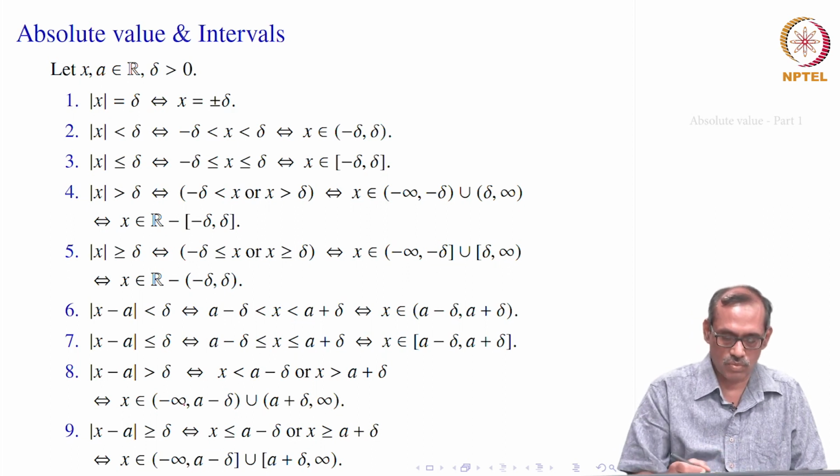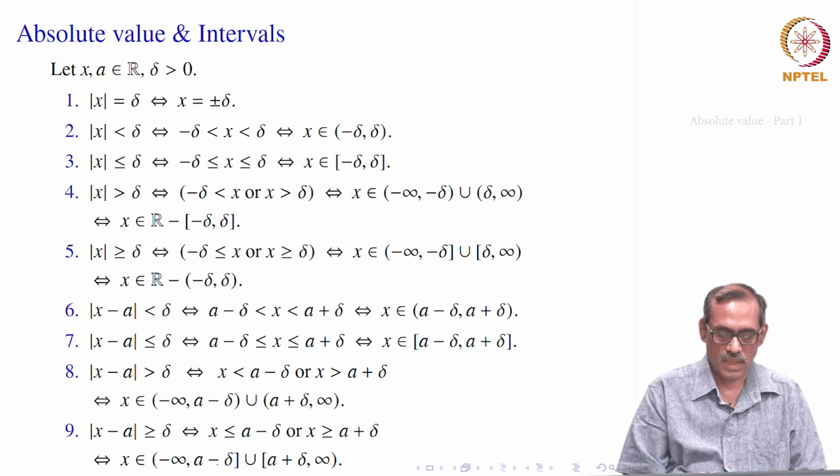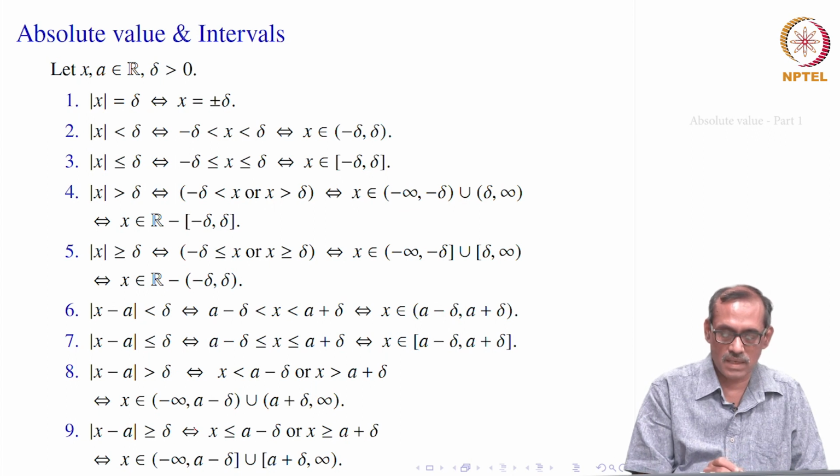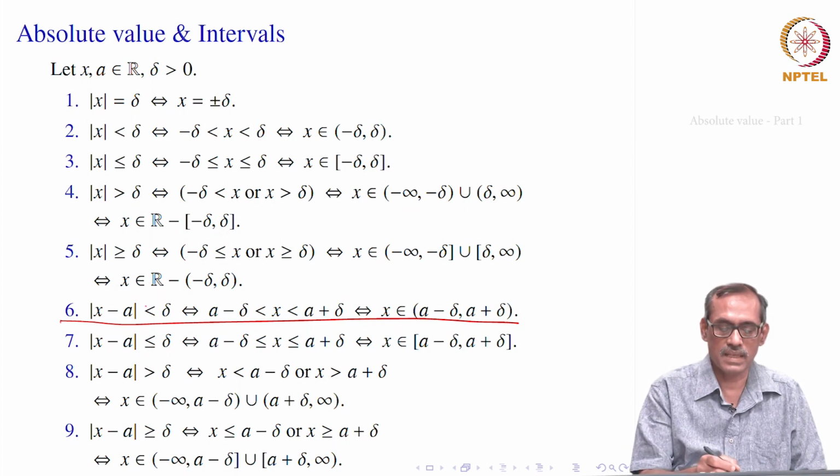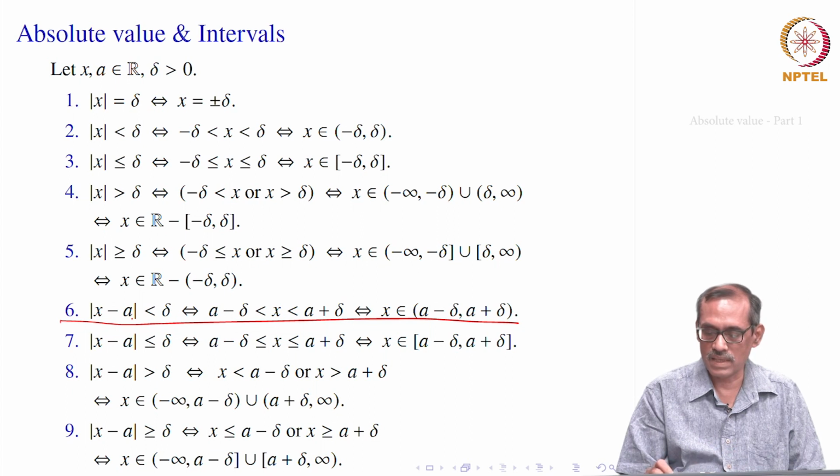So, these are various ways of interpreting the absolute value with inequalities. Finally, one thing is enough to remember. If you can remember this one, that will give rise to other things by inclusion of a point or the other ones, and also the earlier cases can be explained through that by taking specifically A equal to 0. So, it says that mod x minus A less than delta is the same thing as telling x belongs to the delta neighborhood of A.